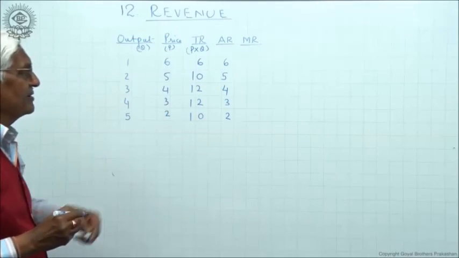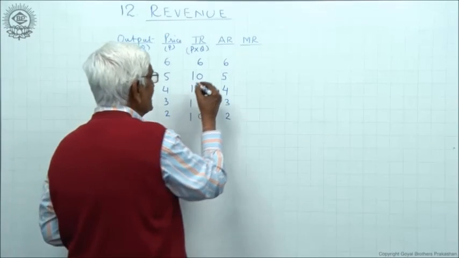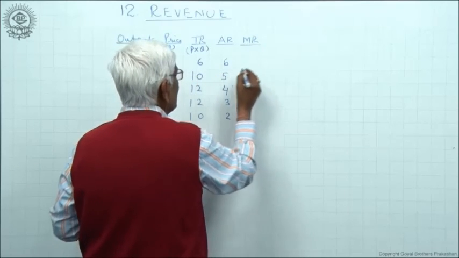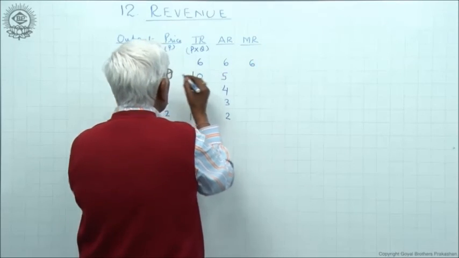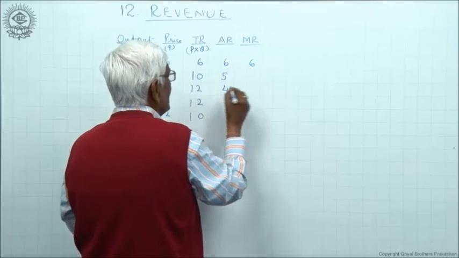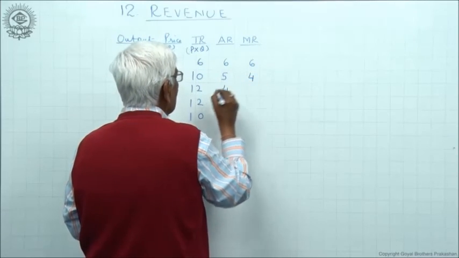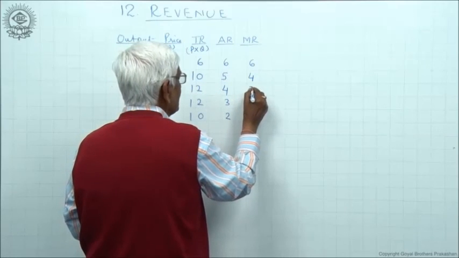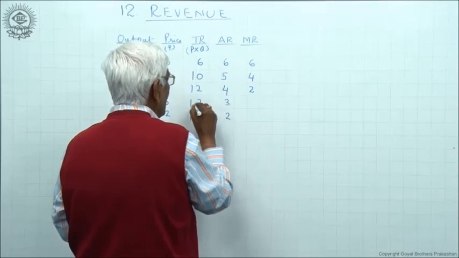Now what is marginal revenue? Marginal revenue is for the first unit 6, from 0 to 6. Then from 6 you come to 10, 4. From 10 you come to 12, 2. From 12 you come to 12,